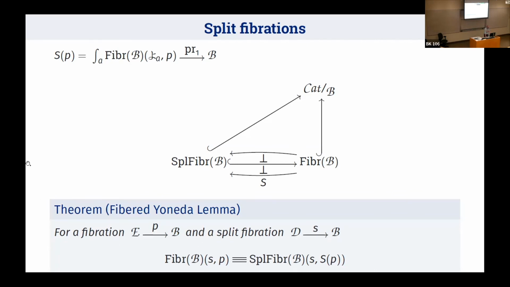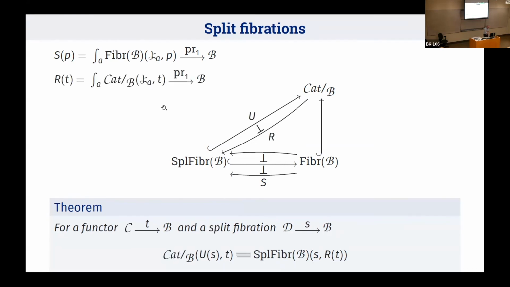The construction is the one I said. But if I modify that slightly and take any functor into B, I get a right adjoint